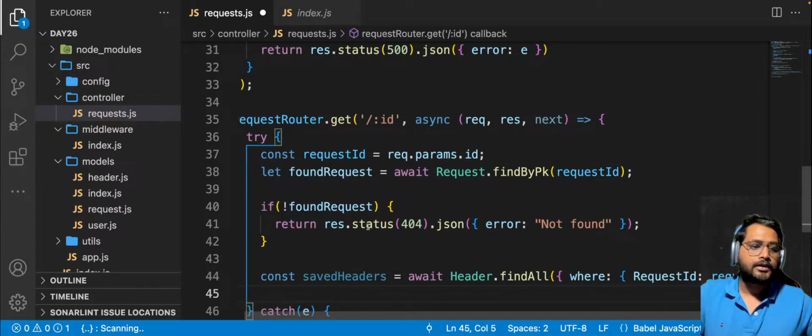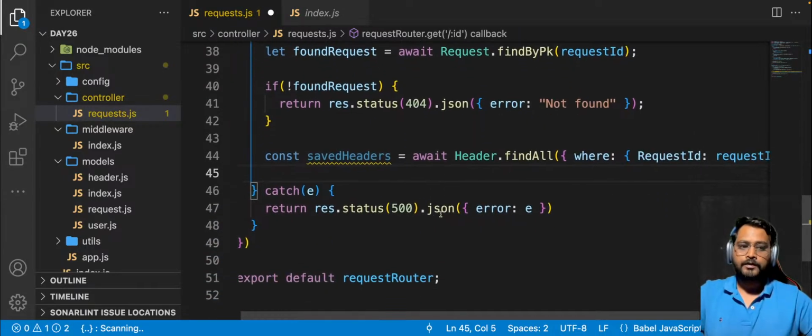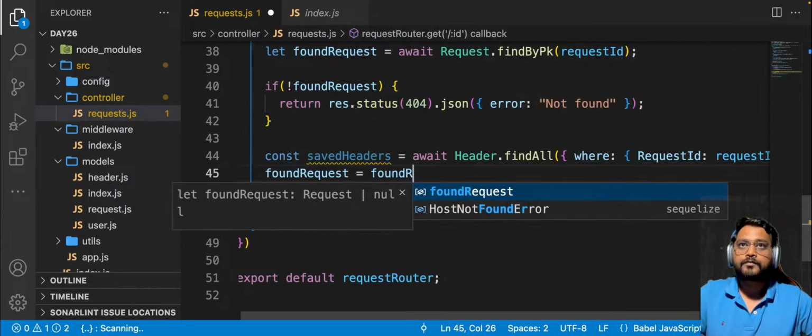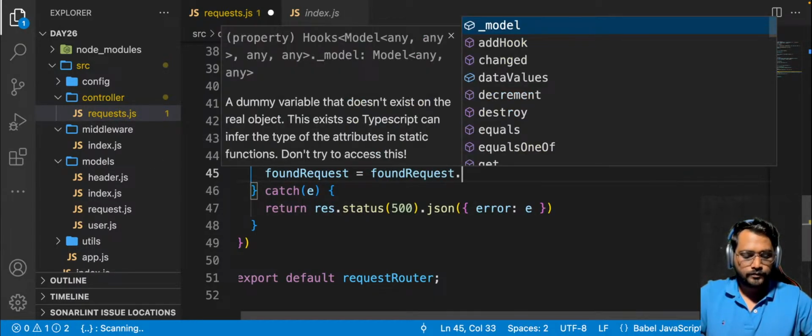Okay, find all the headers, convert it into JSON,